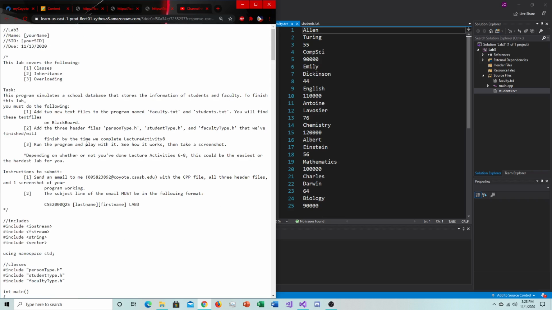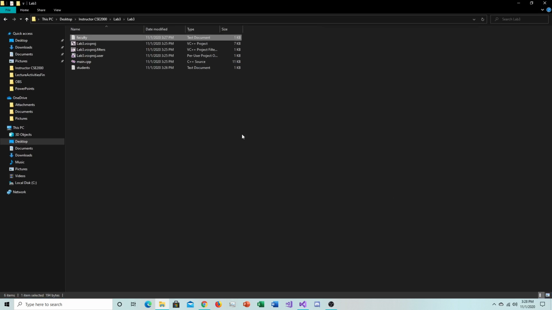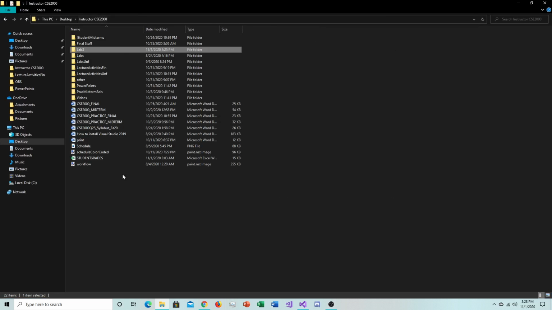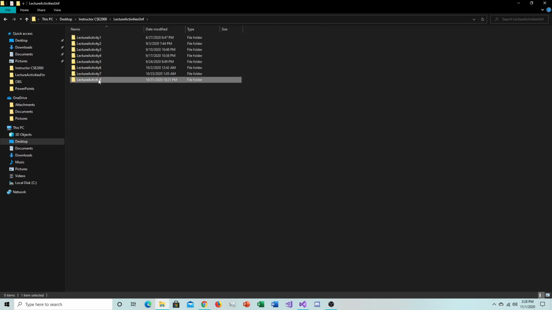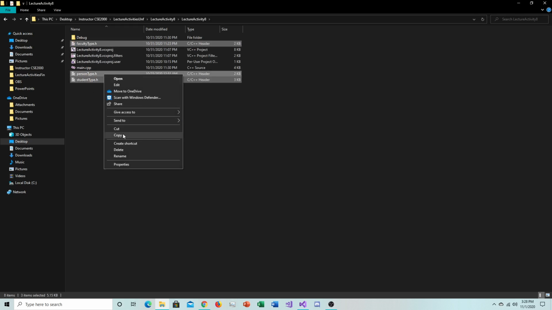Now, the last thing that we have to do is add the 3 header files, persontype.h, studenttype.h, and facultytype.h that we will finish by the time we complete lecture activity 8. So, go back to your File Explorer, find the place where you saved your lecture activity 8. That's right over, well, for me, it's going to be over here, okay? Go to the project folder, select person type, student type, faculty type, copy them,